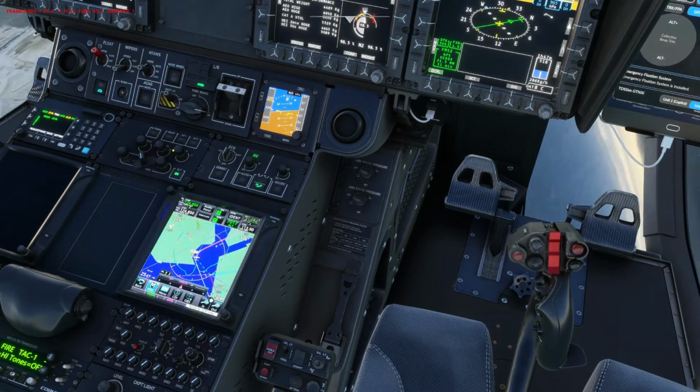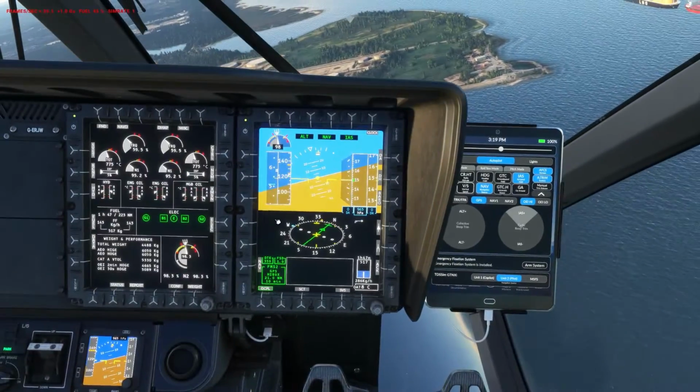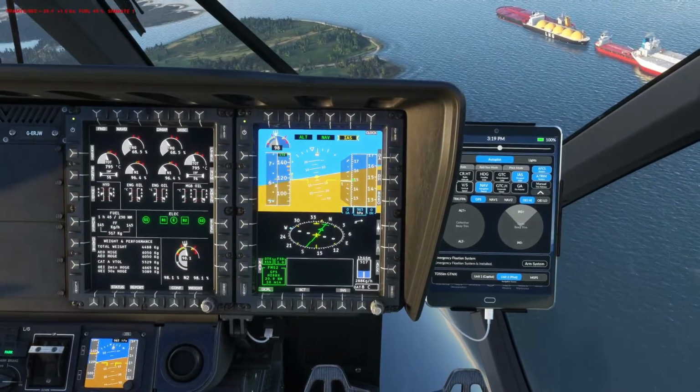So we're now actually inside the airspace, and we're heading just directly to the next VRP point we've been assigned